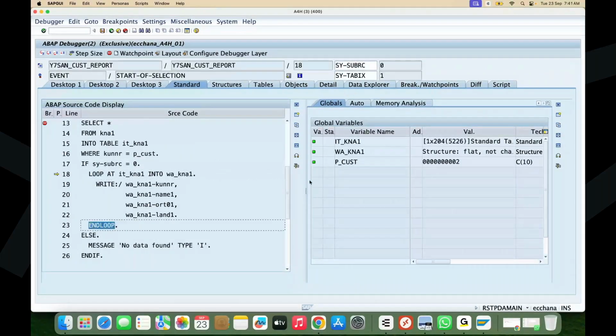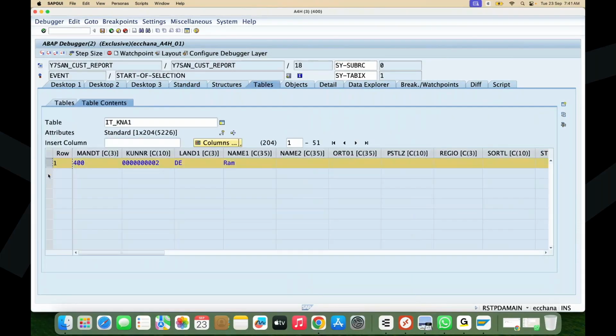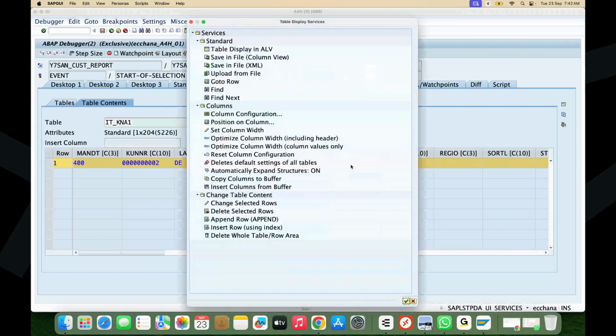So loop is a command which is used to read all the records from an internal table one by one and then display information to output. So loop will read all the records from ITKNA1. For example, in this ITKNA1 table, if you have another record, I can pass a record from the debugger also. So if I pass here,